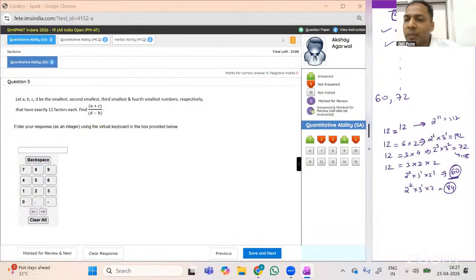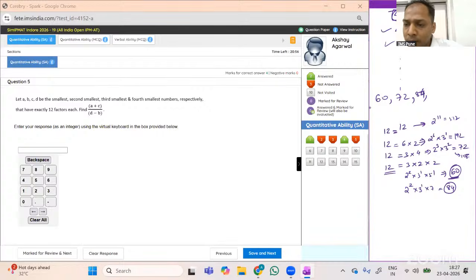I don't think there'll be any other number between 72 and 84 which I'd be able to achieve with 12 factors. And 72 to 84, sorry. And the fourth number that I could get, is there any number smaller than 108 which is possible? So if I would have got 2 square into 5 into 7, 35, 35 into 4 is 140. No. Or maybe 2 square into